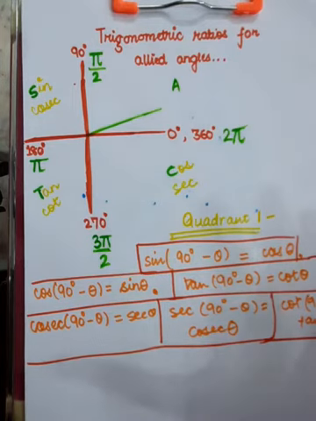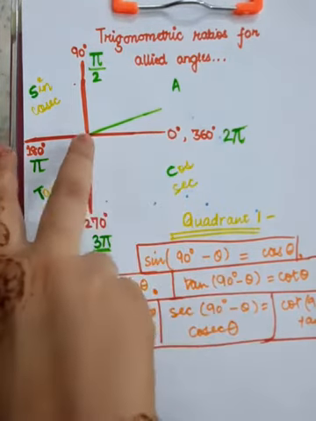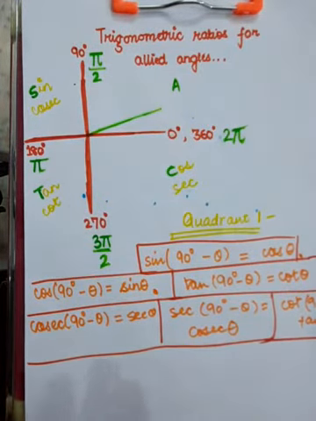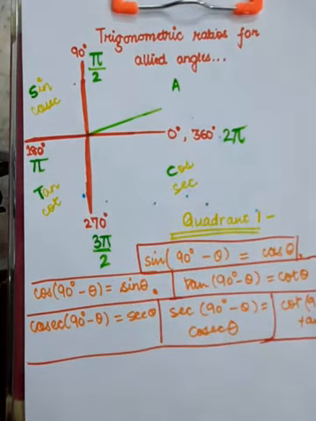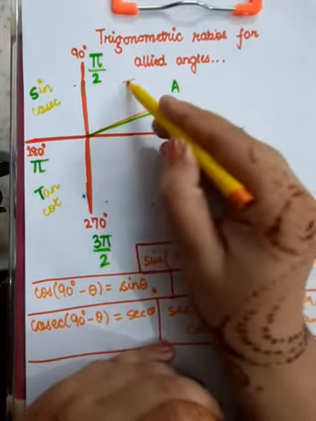Now you need to suppose that you have a revolving line over here. That revolving line actually revolves amongst all these quadrants. These quadrants are dealing with positive x-axis, negative x-axis, positive y-axis, and eventually negative y-axis. So this green line is the revolving line which revolves amongst all the quadrants. So how to go about it? Just see. If you talk about the first quadrant, this is the first quadrant.